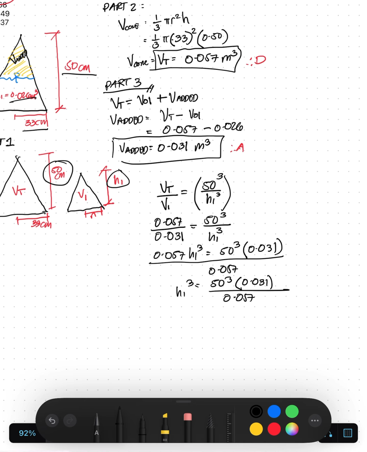So we need to extract the cube root. Therefore our height is the cube root of 50 cubed times 0.031 all over 0.057,